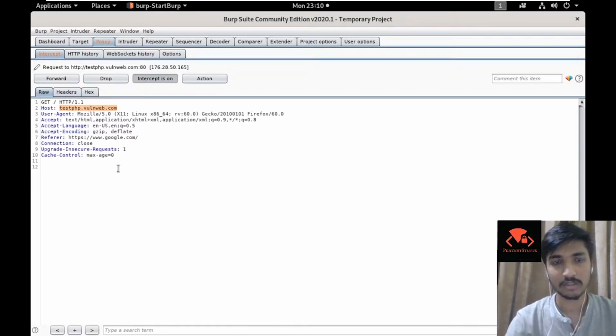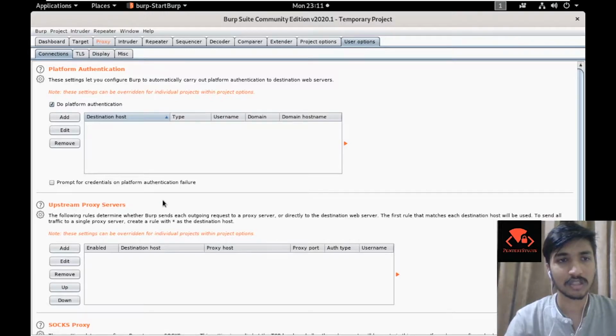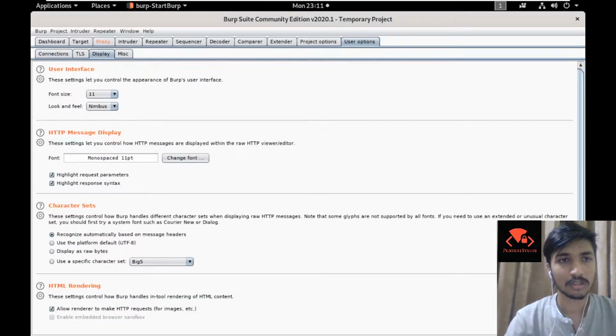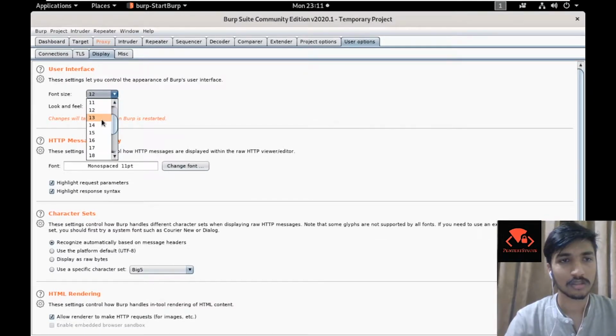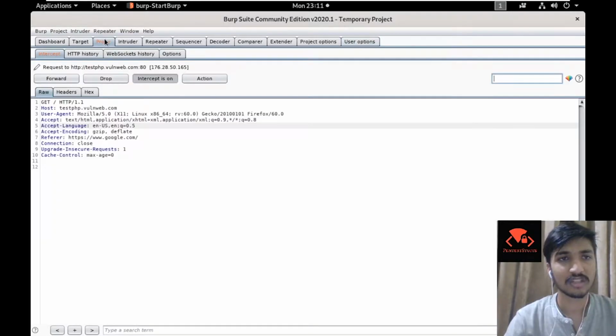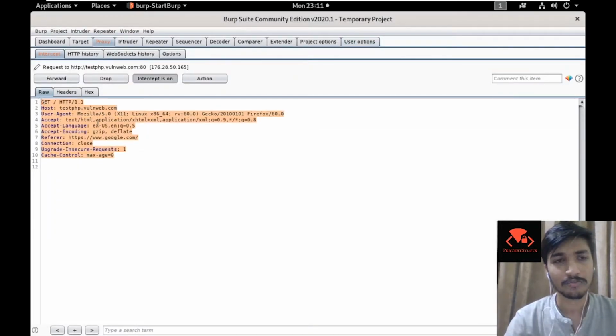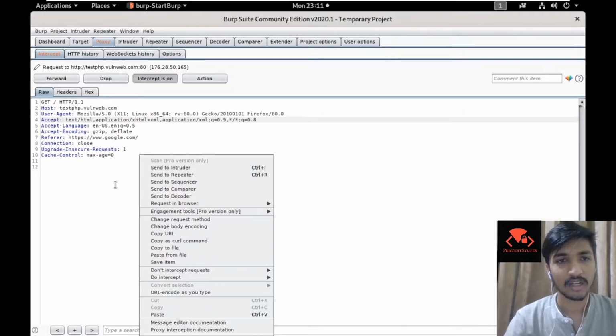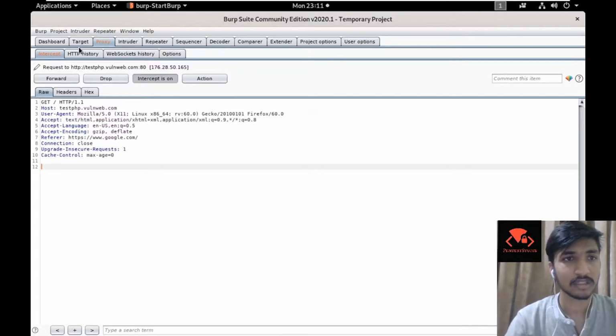So let's try to zoom this if I am able to. Okay, so it does not work like that. So you can't particularly zoom this, but you can go into user options and then somewhere down or here display, you could change the font size. Let's try 13. But it will take effect when burp is restarted, so you could try and do what fits you. So let's just read about here, and this is particularly it.